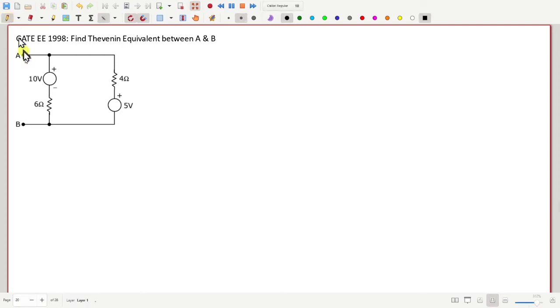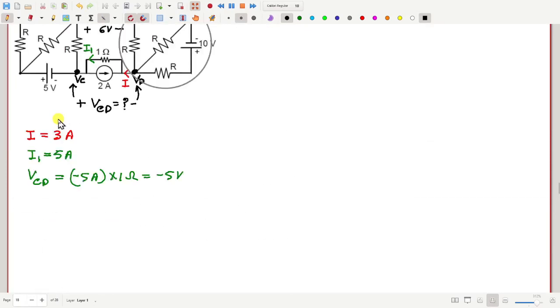So first, how much is the Thevenin resistance between A and B? 2.4. So that is basically 6 parallel 4. 6 into 4 by 6 plus 4, that is 2.4 ohm. And now to get the voltage, you can apply